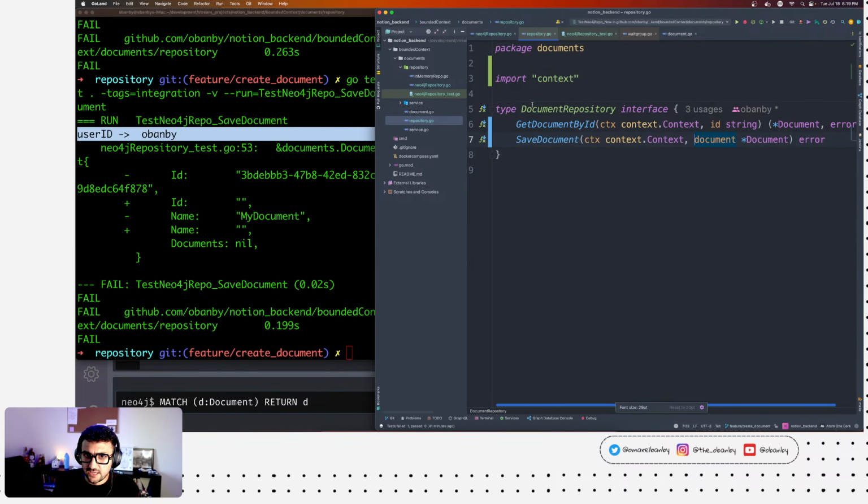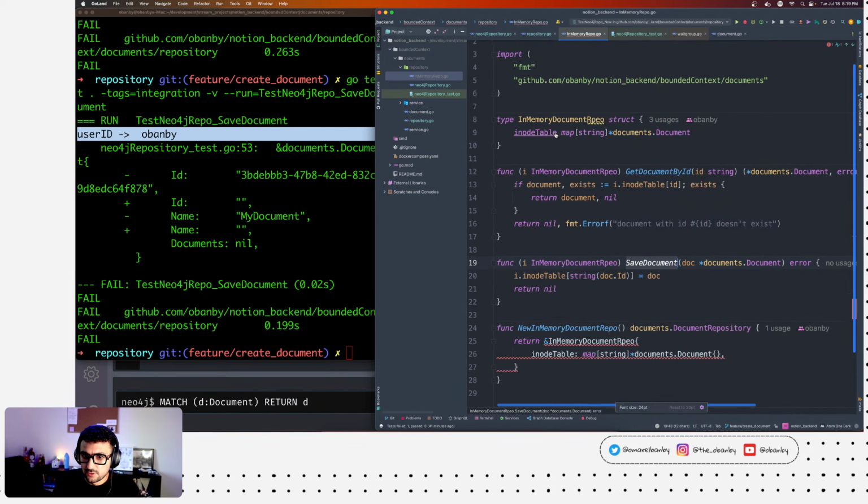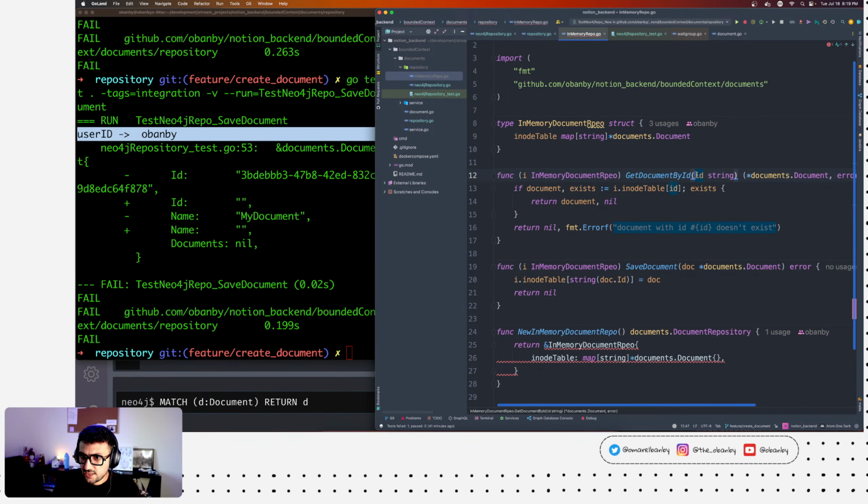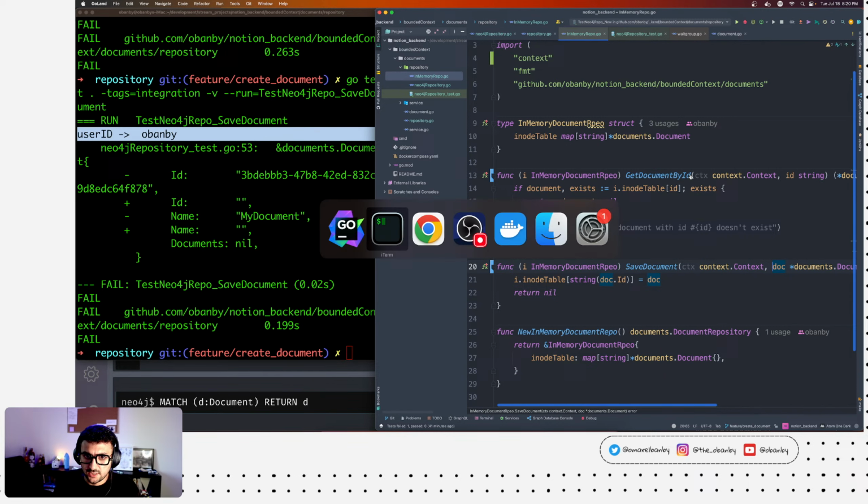Great, but now our in-memory repo has been broken because we're not passing the context, and we'll do the same thing. Here, context. We're not really using it for the in-memory repo, but that's okay.